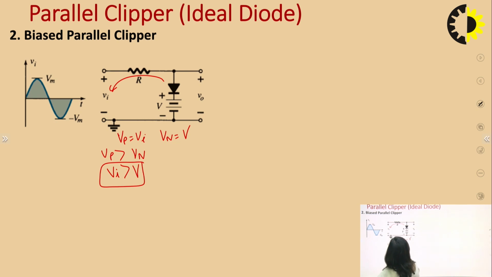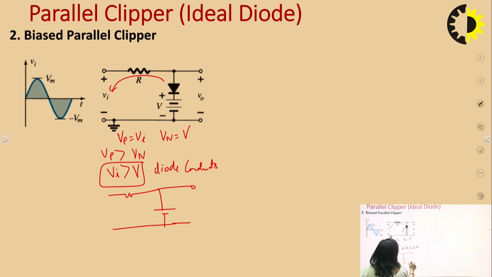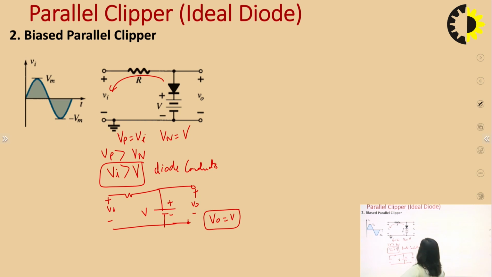So for this condition the diode conducts. Now when it conducts, we will short circuit this diode, and this is V0 plus minus, this is Vi plus minus V. So V0 would be equal to V in this case, and for the condition Vi less than V, the diode does